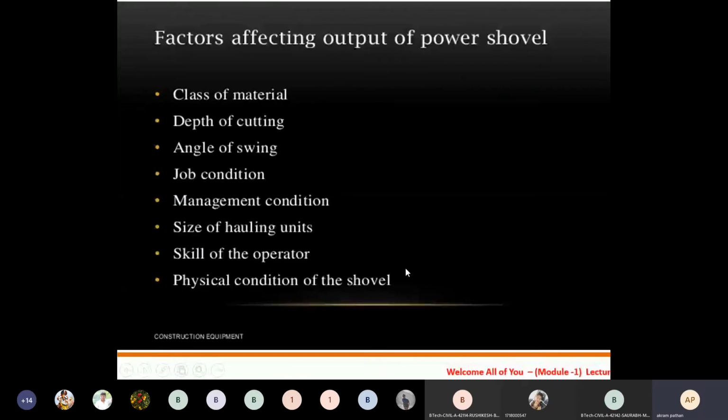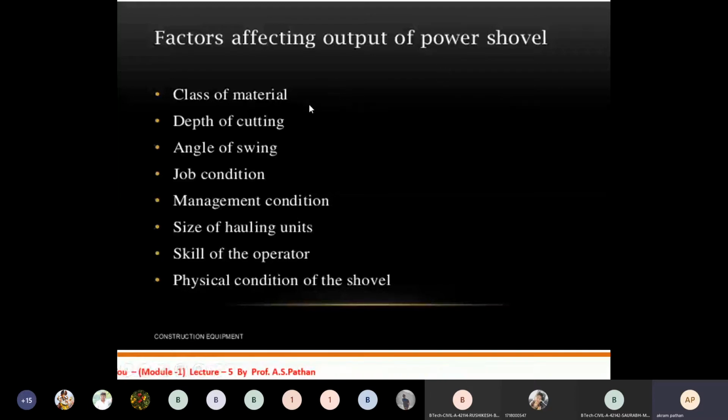In the case of the power shovel, these are the factors which affect its output. The first one is class of material, which type of material we are going to excavate with the help of the power shovel, that is the murum or the soft soil.